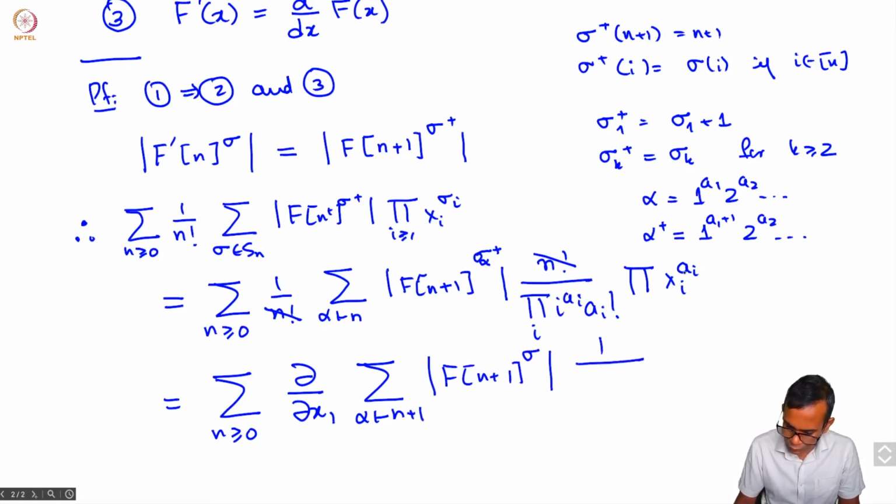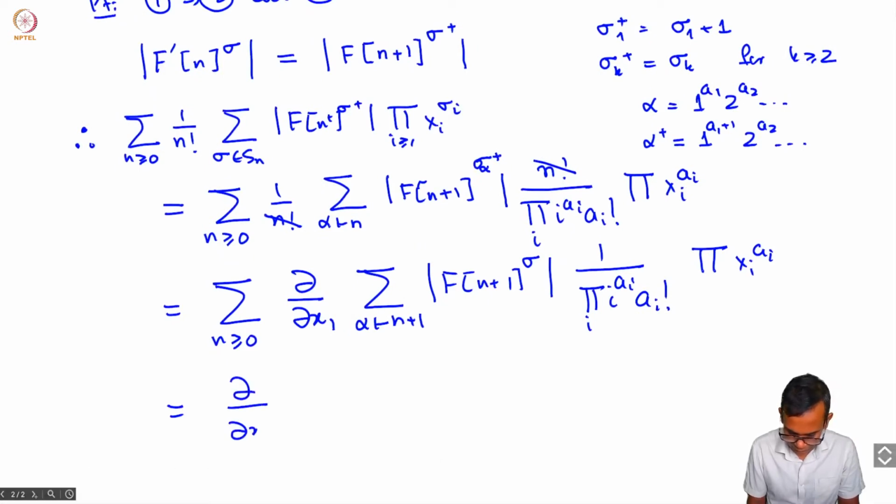The point is this x1 raised to a1 gives an a1 times x1 raised to a1 minus 1, and so this is actually just product i raised to ai factorial, but this is just